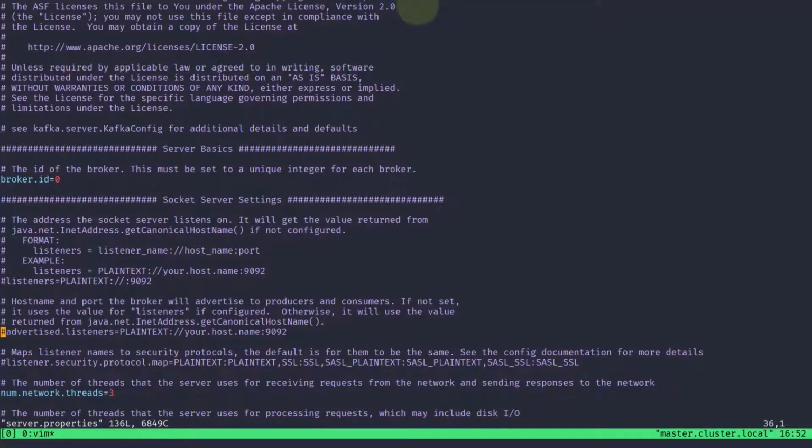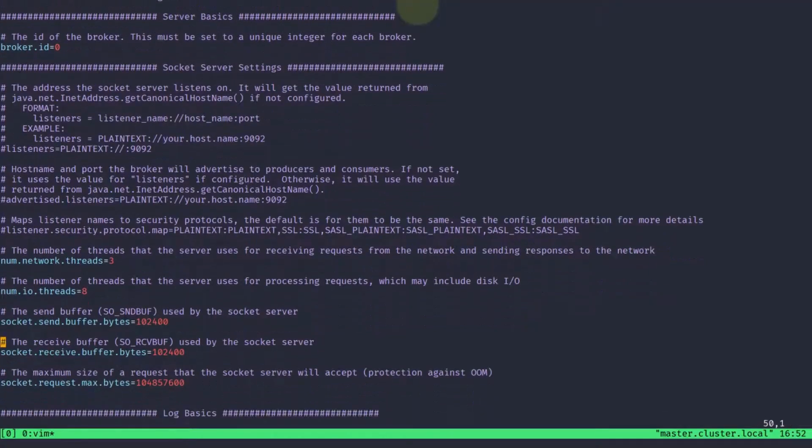Advertise.listeners. So we can see here that there is something called advertise.listener, which is already commented. So I'll just uncomment it, and then we need to put our IP address. The Linux server machine which I'm using has an IP address of 192.168.0.10. If you're using everything on a localhost environment, then you can just put localhost here and it will run fine. Either way, you have to find the IP address of your machine and put it here.